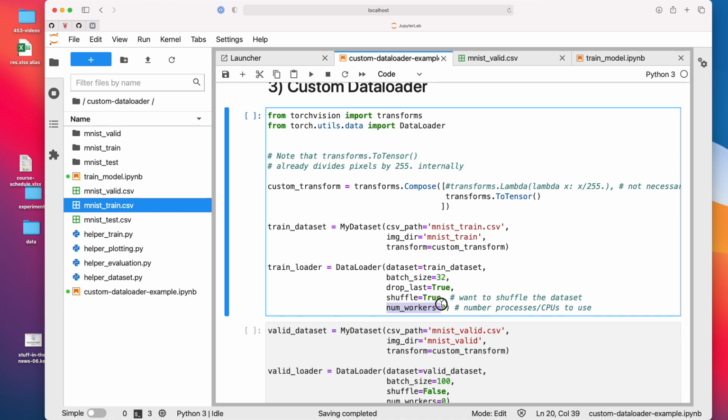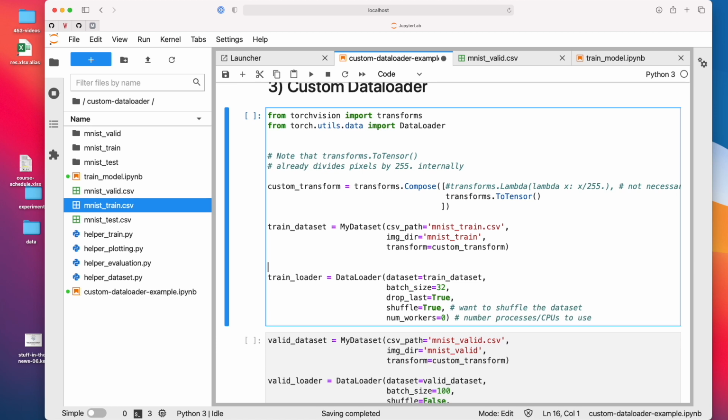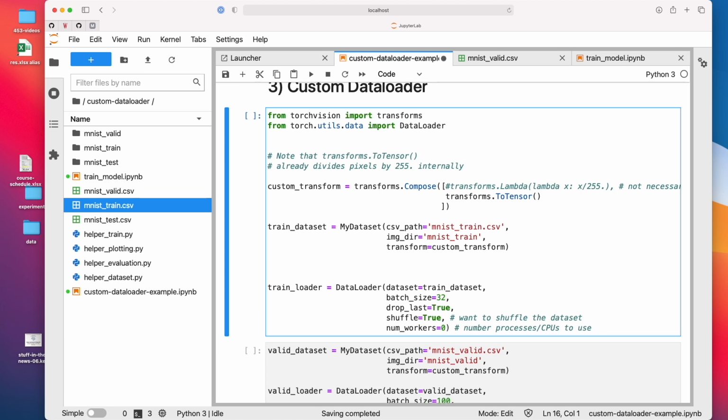And there is also a parameter num workers. So it would be great to have a whiteboard here or something. I don't have one, but think about it as this. Python is usually single threaded, so there's one main Python process running.